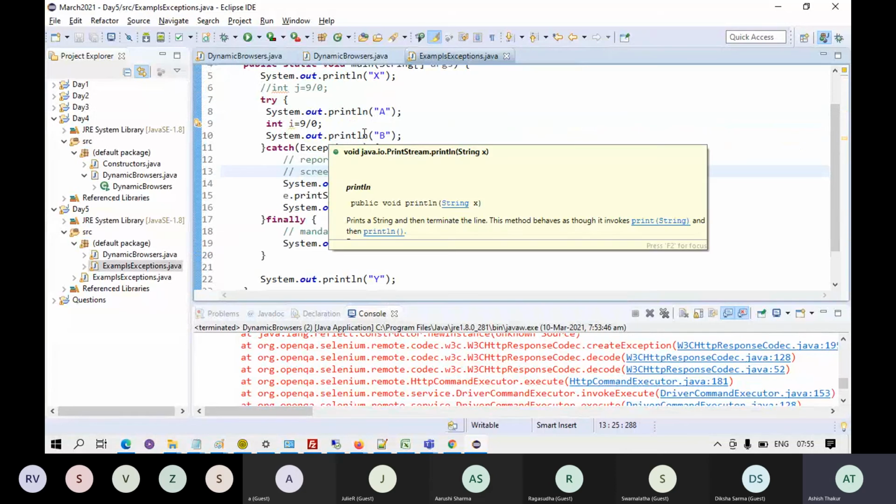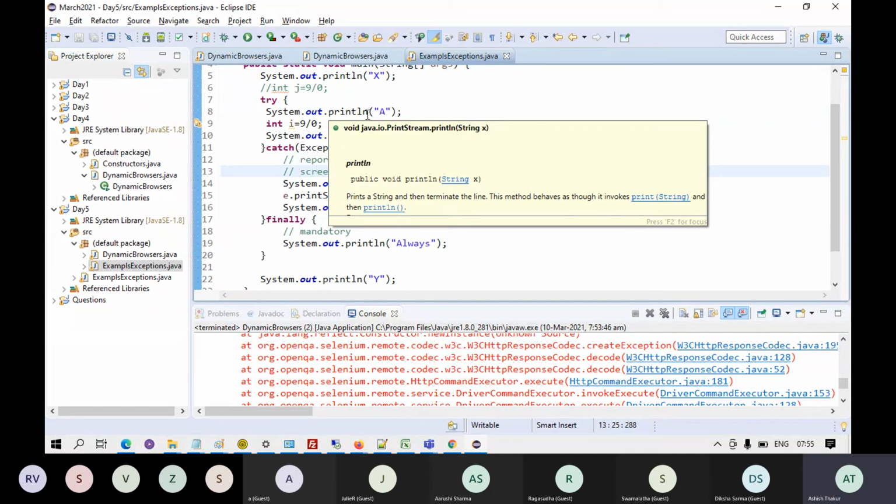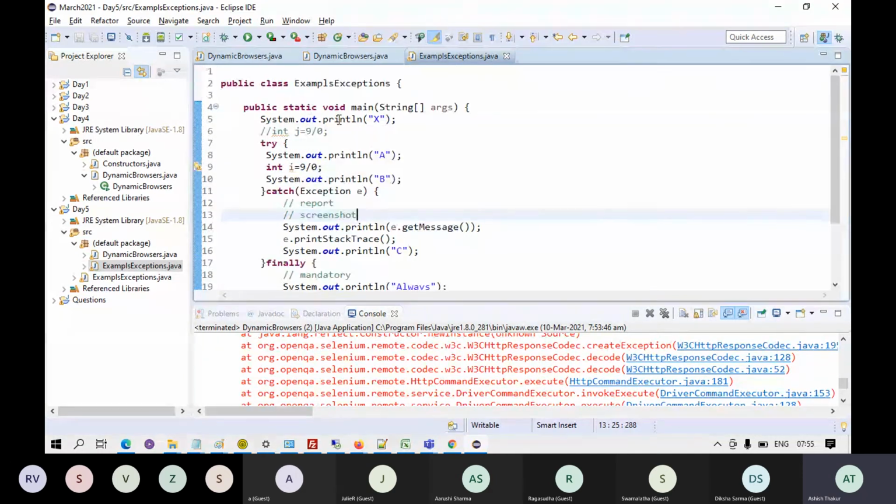Now there are two types of exceptions in Java basically. One is a checked exception, one is an unchecked exception. This is unchecked: int i equals something divided by 0. The unchecked exception comes at runtime.